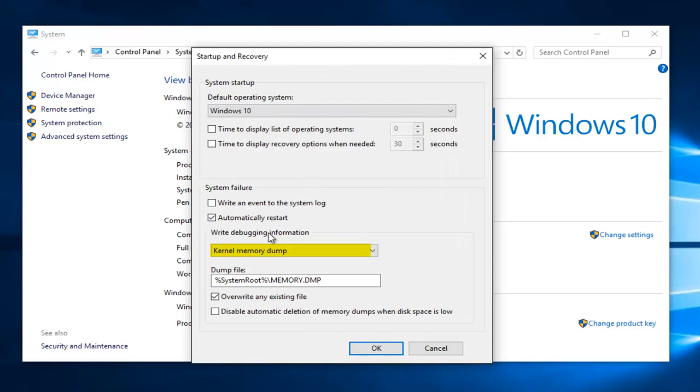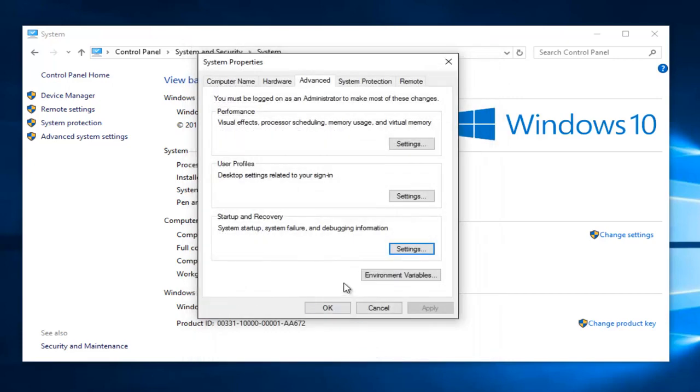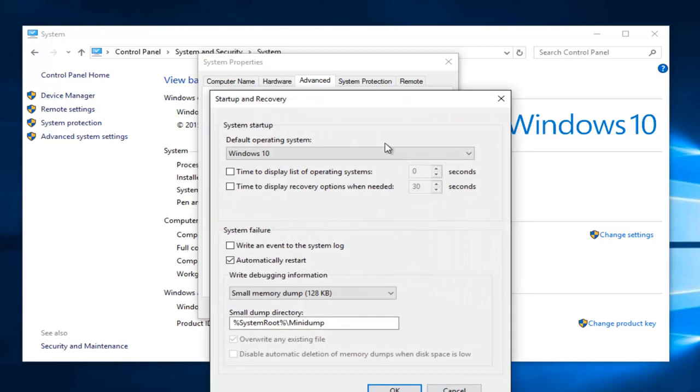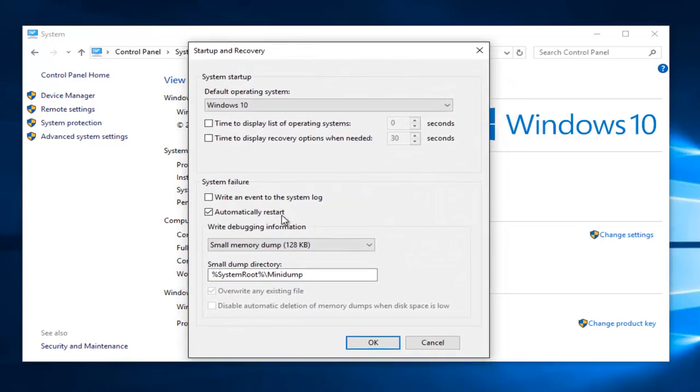Underneath Write Debugging Information, if it's set to Kernel Memory Dump, select the little drop down arrow on the right side. And now instead select Small Memory Dump. And then click on OK to save our changes here. Just to confirm, I'm going to go back underneath Settings once again, and we see that our setting has been